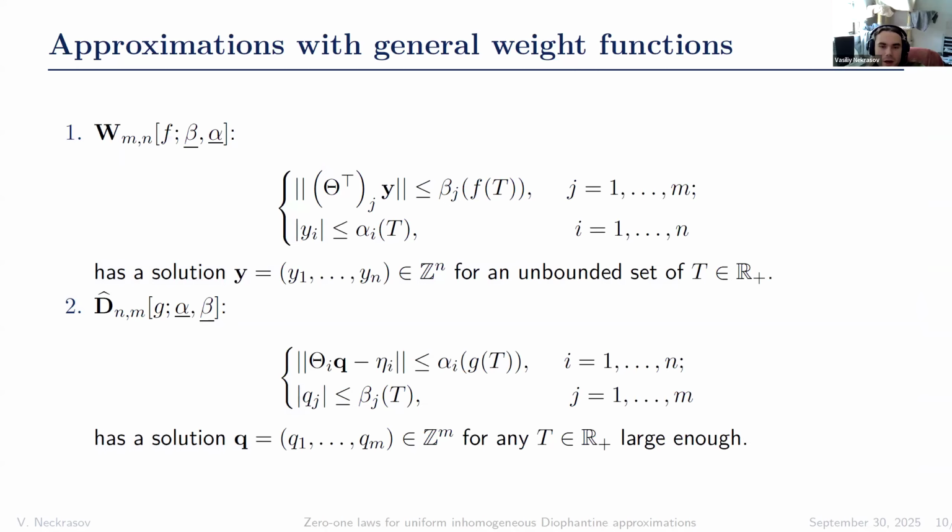These definitions are analogous, as I said, to the classical ones, but it's not very convenient to work with this notation, the distance function generated by alpha and generated by beta. So this is an explicit form of what exactly the inequalities we're looking at are. So we want to bound each coordinate of, for example, here, integer vector y separately, and we want to bound each distance to the nearest integer for each row, for each separate affine form or linear form separately,